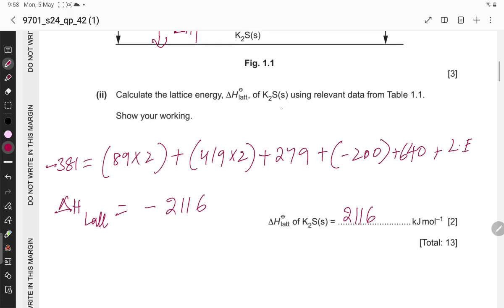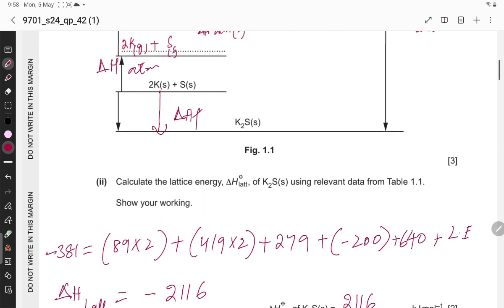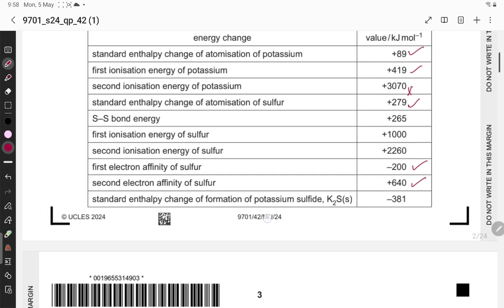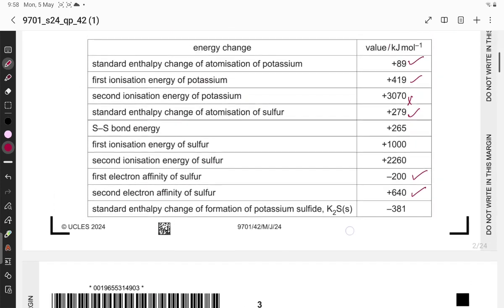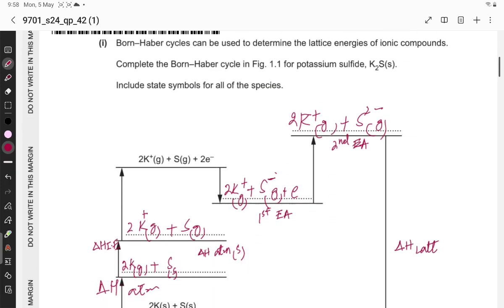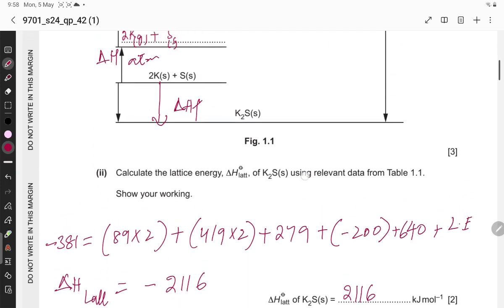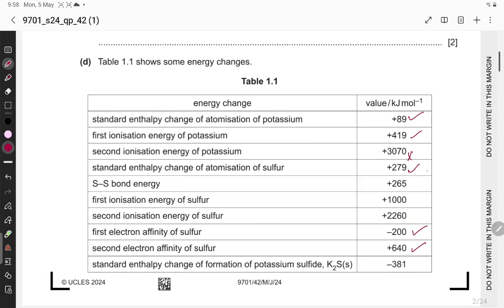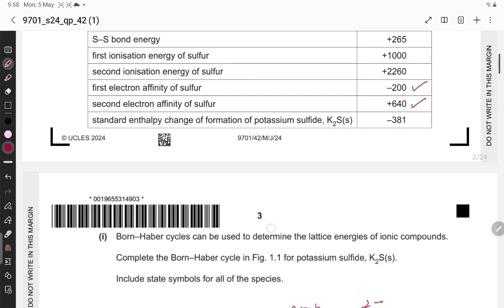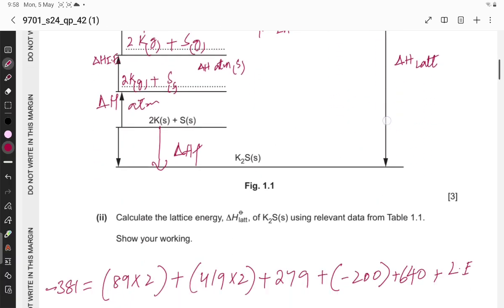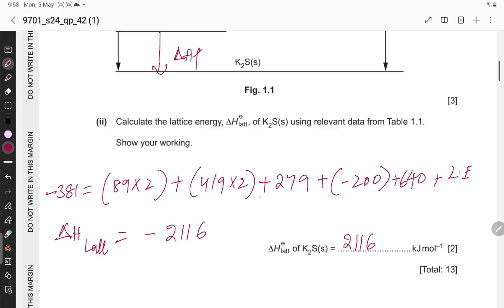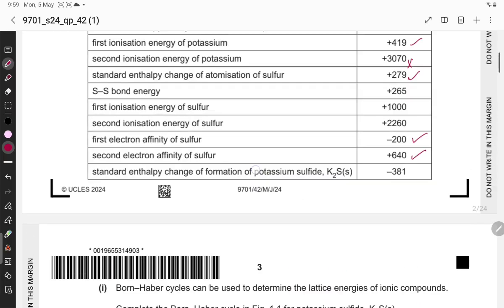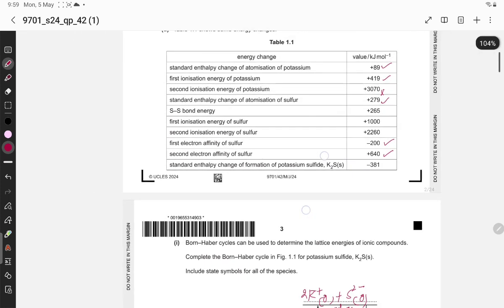Calculate the lattice energy of potassium sulfide using relevant data from table 1.1. Show your working. So enthalpy change of formation is given in the data booklet, that is minus 381, and this is 89.2, 89, and these energies are used in this. First delta H f, enthalpy change of atomization of potassium,